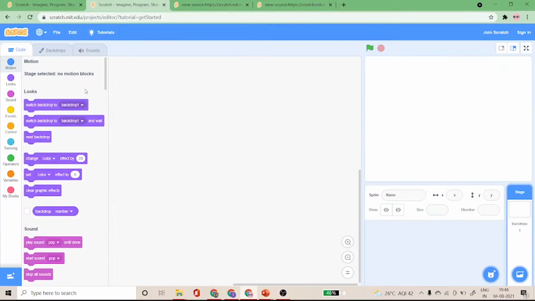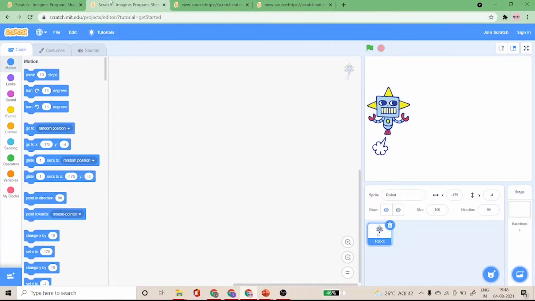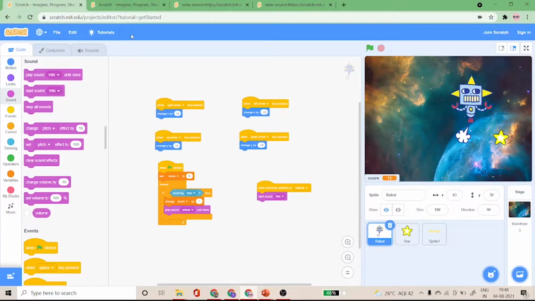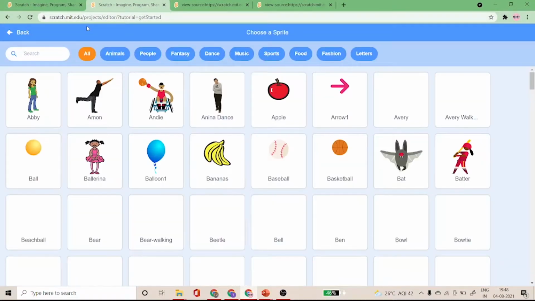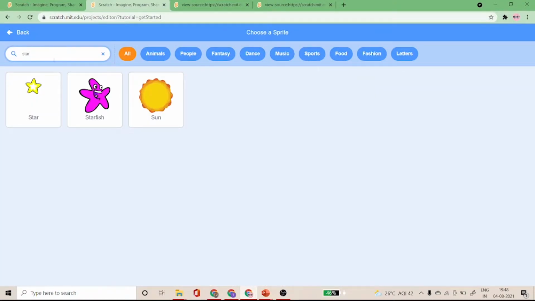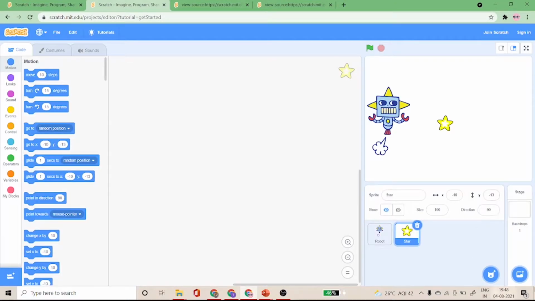Robot sprite is selected. Now I need a star, so I'll go to the choose sprite option and select star. Then I also need a level up sprite. This level up sprite is not available in the sprite library, so I need to create it on my own.